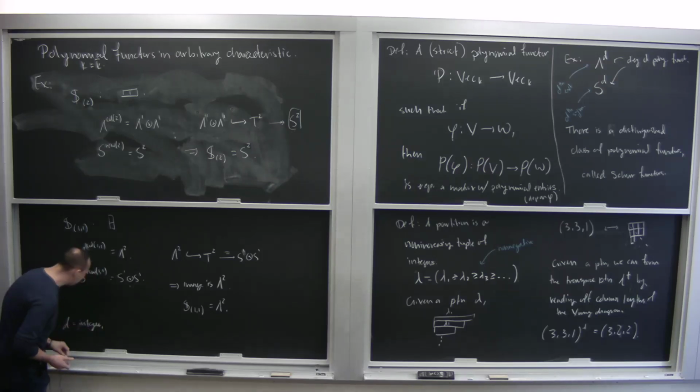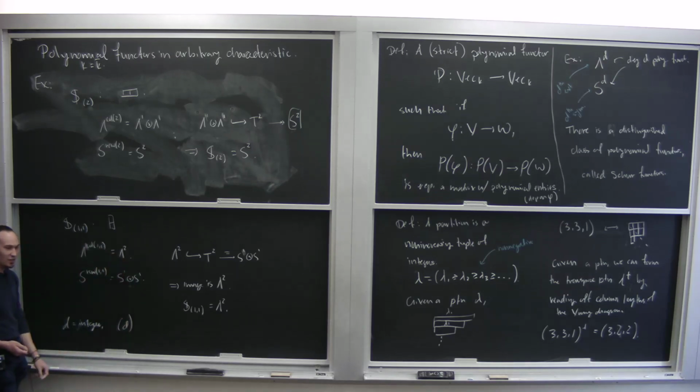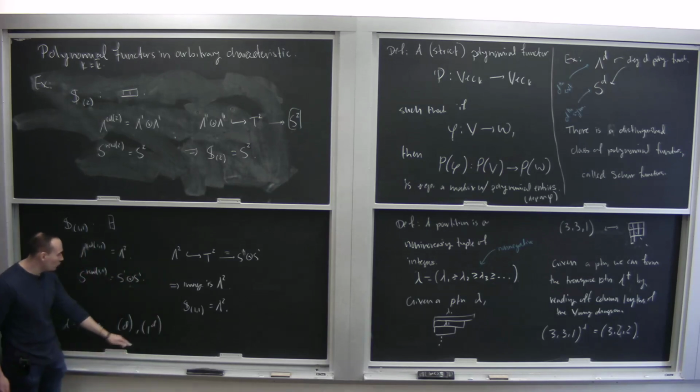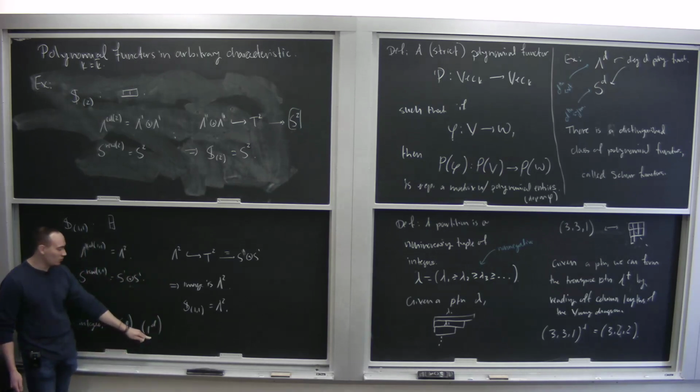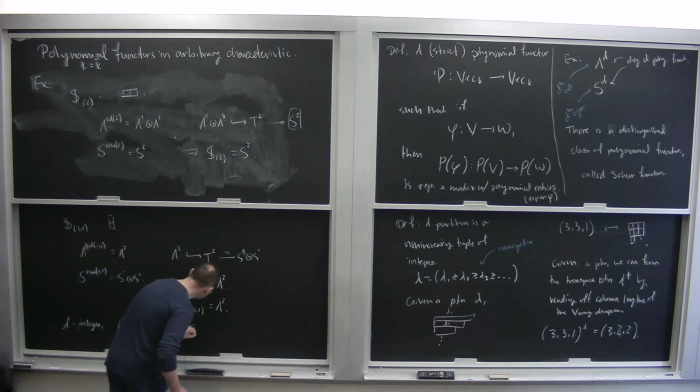Then there are two partitions. I can take the partition that's just a single part D, or I can do the other naive thing, which is to think of it as adding 1 to itself D many times, which I'll write with this notation. If I write 1 to the D, I don't mean raised to the power of D, that's just 1. I mean write it D many times, okay? And in this case, if you just go through the definitions, you find that S sub D,